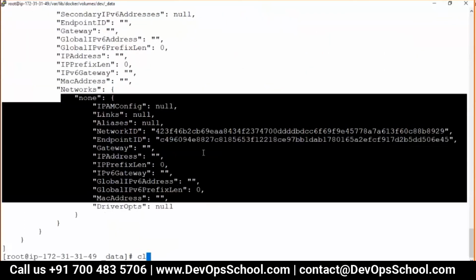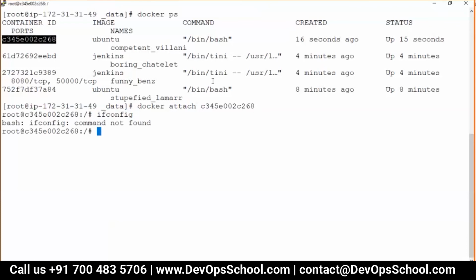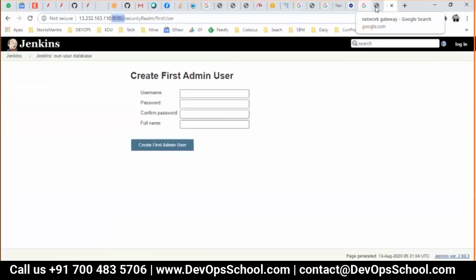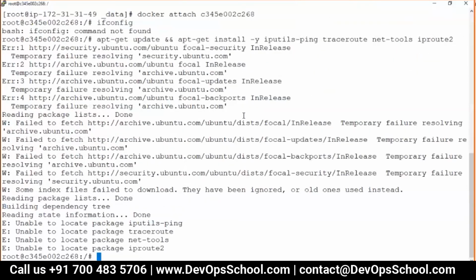Can I go inside the container? So docker ps, docker attach, because I'm able to do that because of bin bash. Attach, and here ifconfig is not there, can I install it? Because there's no network, you will not be able to install anything, because there's no internet also, right? See here. No internet, no network, no internet.